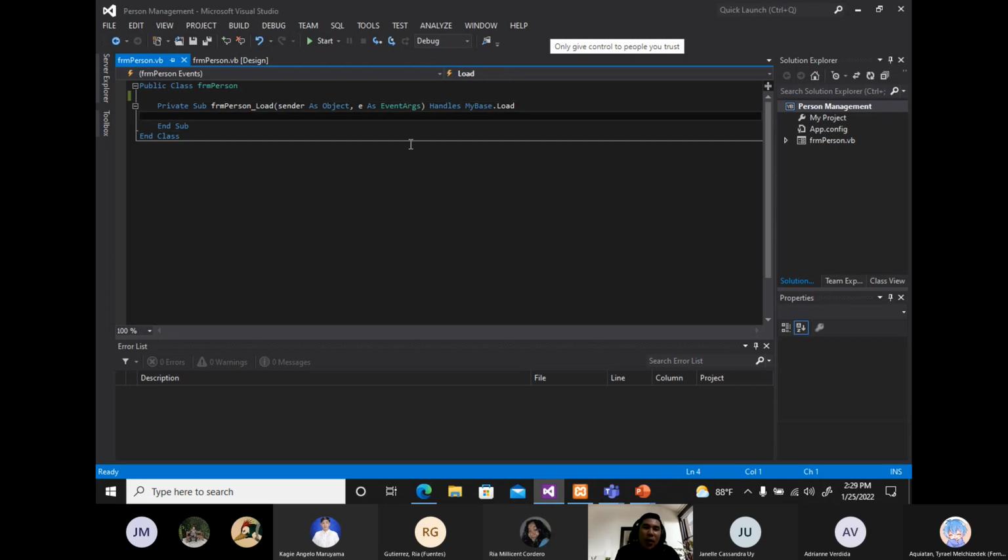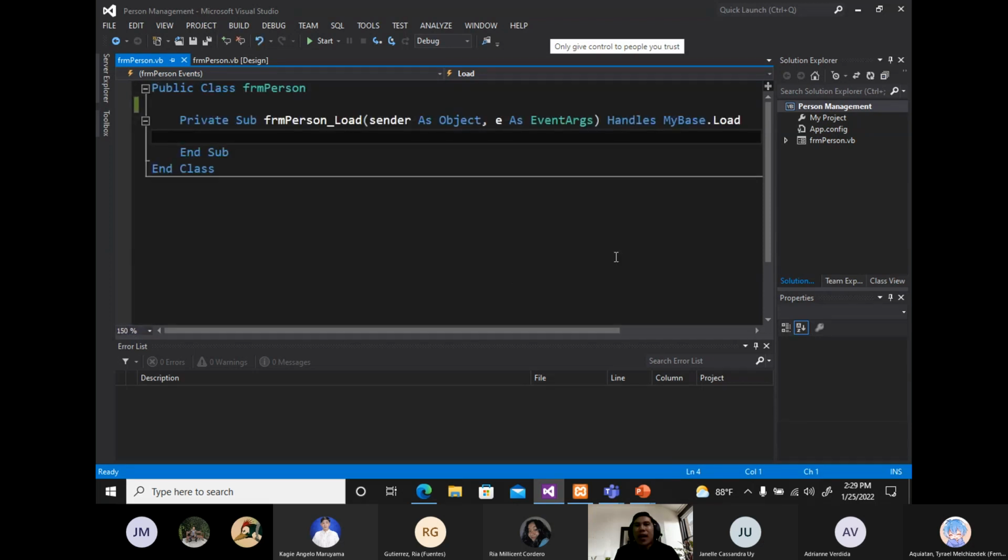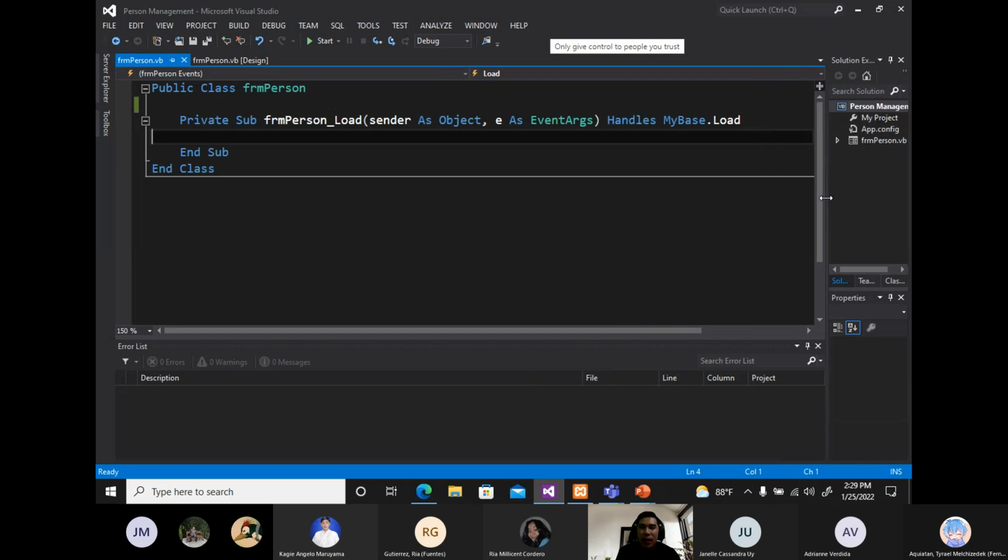Okay? But the problem with connecting each and every form, or putting our database connection in each and every form, is what we call fancy codes, or spaghetti codes. So we don't like that, especially because we are IS. So that's why I'm going to teach you now the object-oriented approach in creating or performing CRUD, create, read, update and delete. So first thing you will do is